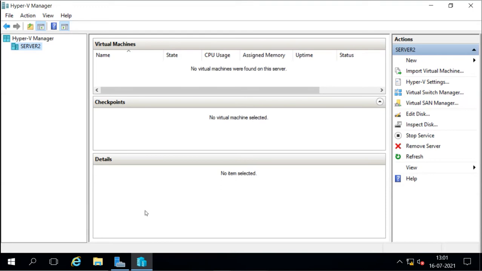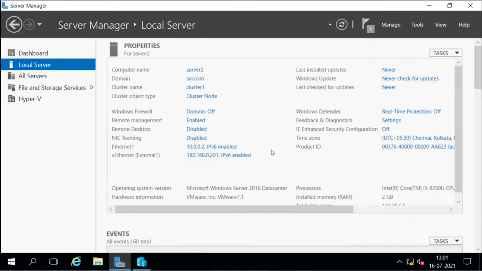And now we can go to our failover cluster. So I will start the failover cluster manager here.